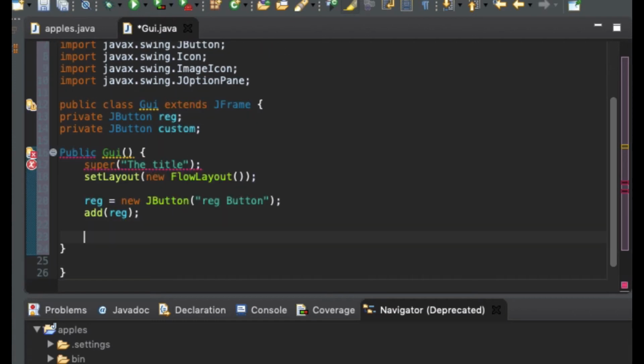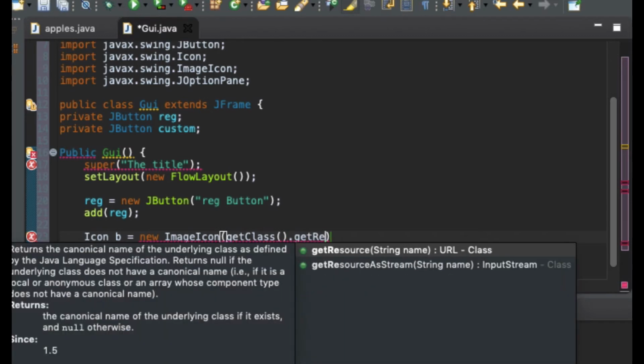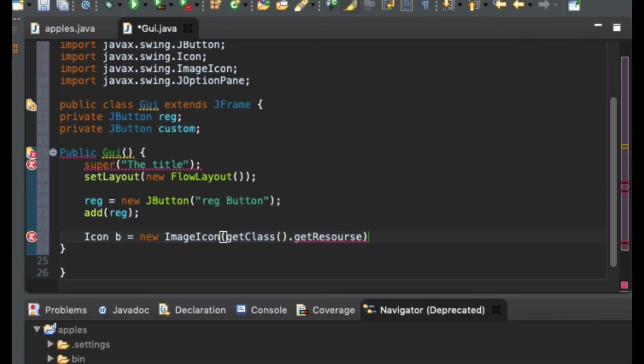Then here I'm going to type icon b is equal to new ImageIcon, getClass, bracket getResource, and that's going to come from b.png,